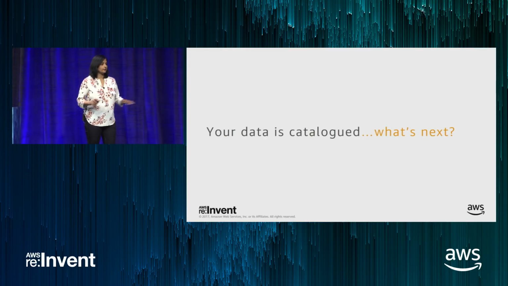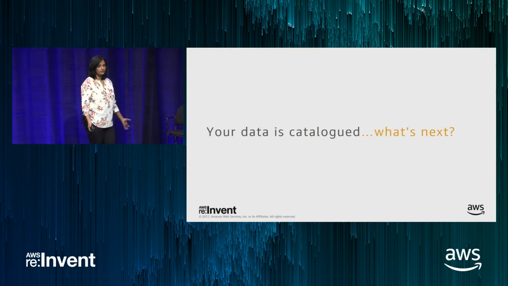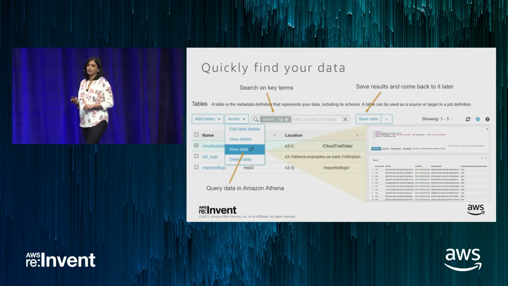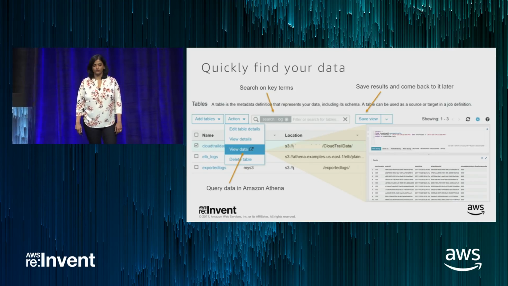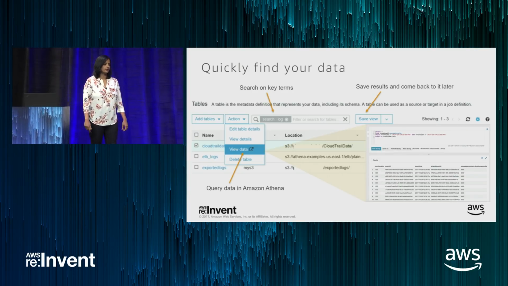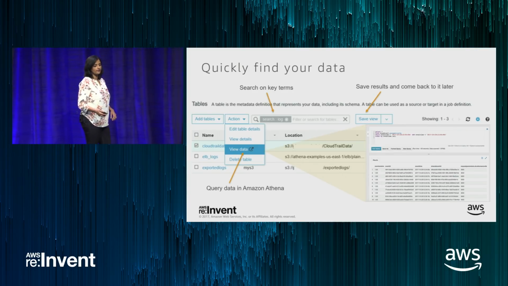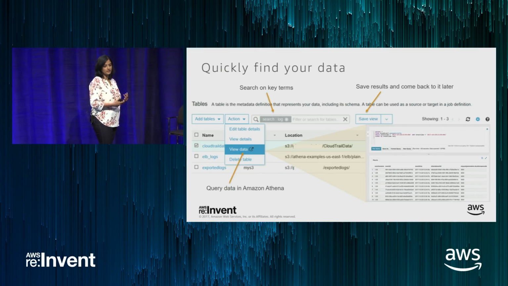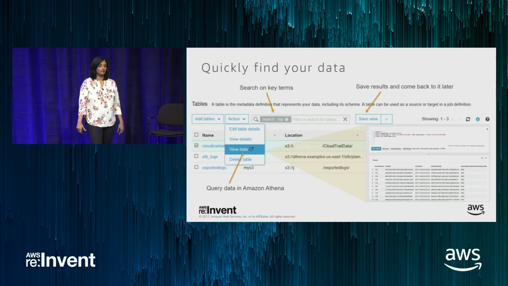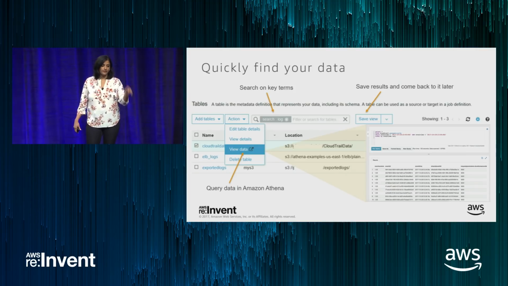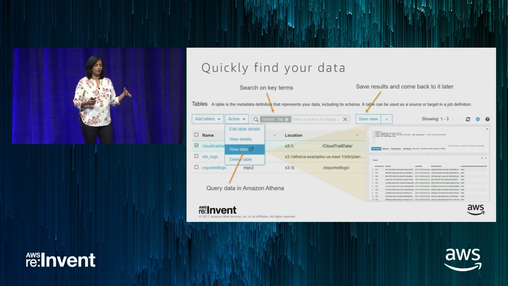So your data is cataloged. That's great. What next? How do you use this data? You can search. You can do a text-based search. You can also filter on key attributes from the Glue console to find relevant data sets. As you can see here, I've searched on the term log, and I've gotten data sets that map to CloudTrail data, ELB data, as well as the custom classification example that I just showed, which maps to crawler logs. Then I can pick the relevant data set and immediately start querying it from the Glue console itself